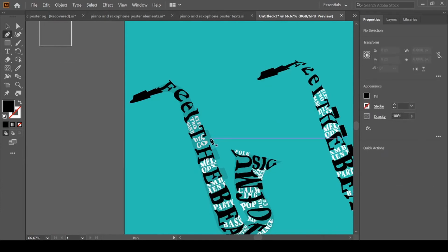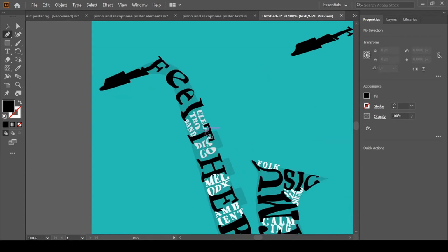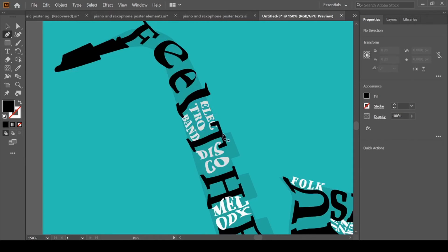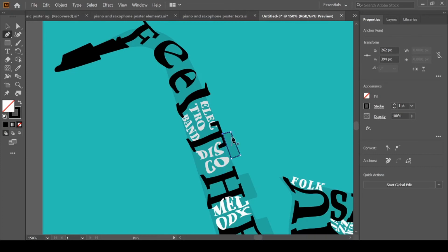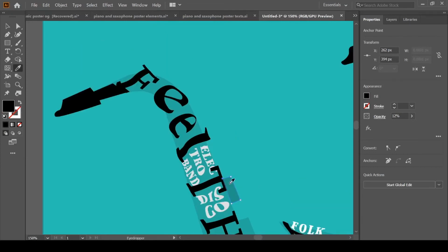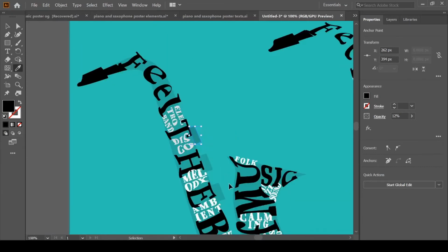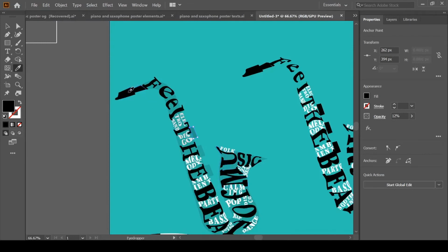Now we will make these rectangles. P for pen tool. I for eyedropper tool, pick this black color.